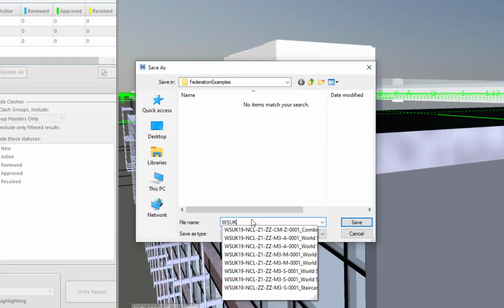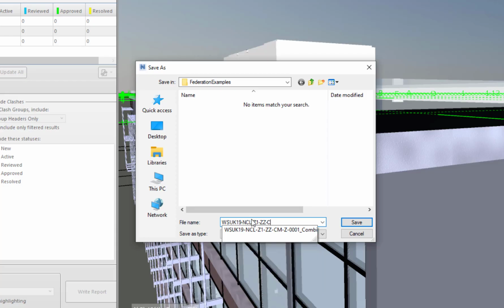So it was All Skills UK 19. We have NCL. It is only the volume ones and it's all levels. It is a combined multidiscipline model, and then we'll save that as generic and then 0001. Now you'll notice that's popping up as a naming because I've already provided in the file,